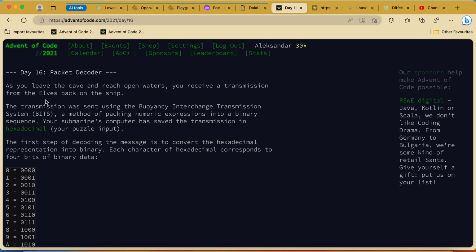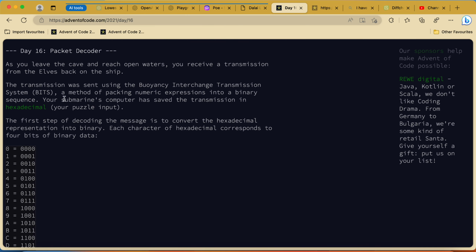You receive a transmission from the elves back on the ship. That's our ship that is helping us to navigate. The transmission was sent using BITS, a transmission system, a method of packing numeric expressions into binary sequences. Your submarine computer has saved the transmission in hexadecimal, your puzzle input.